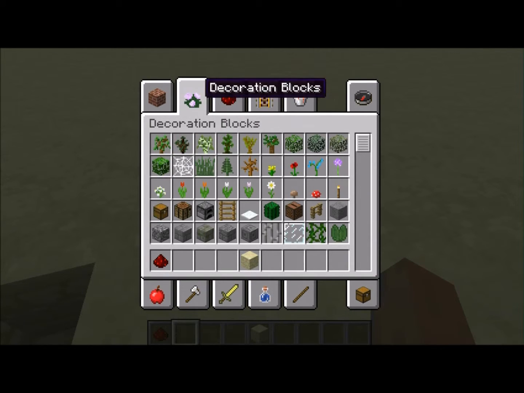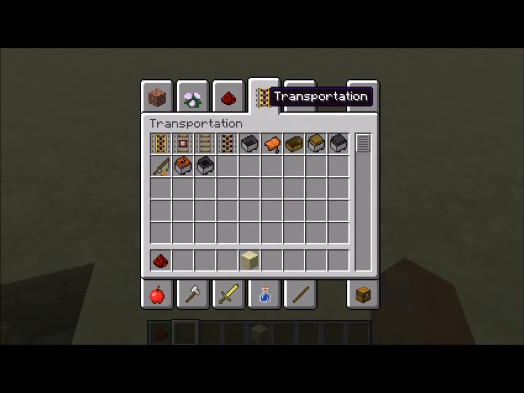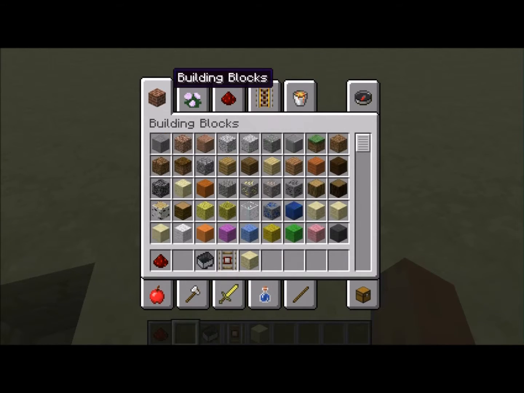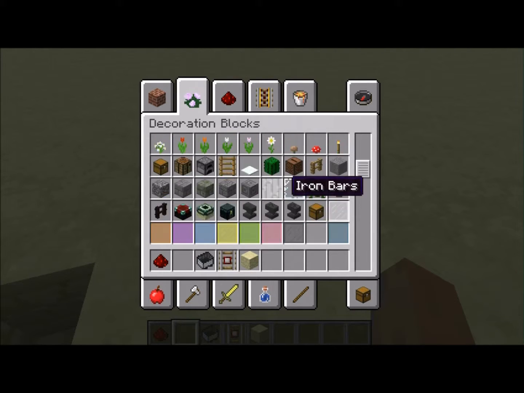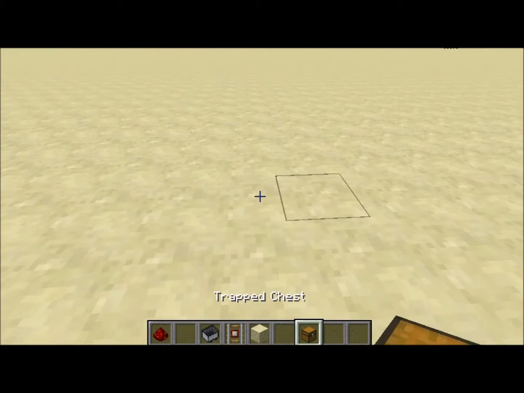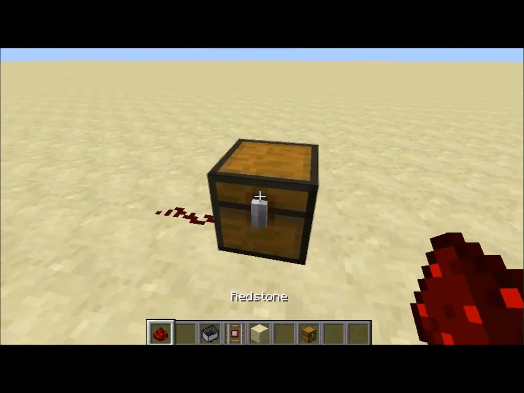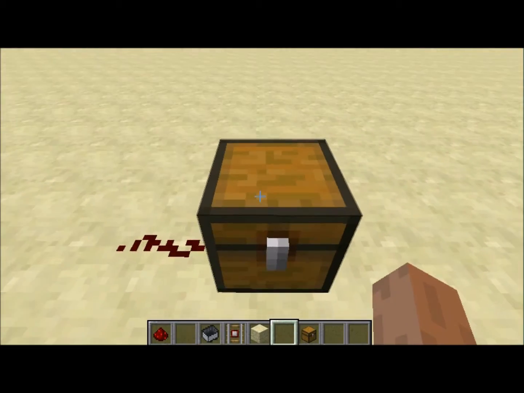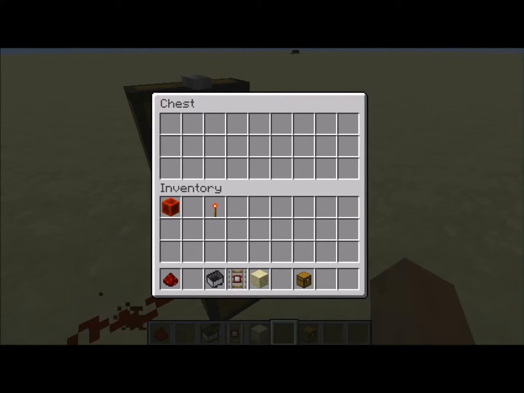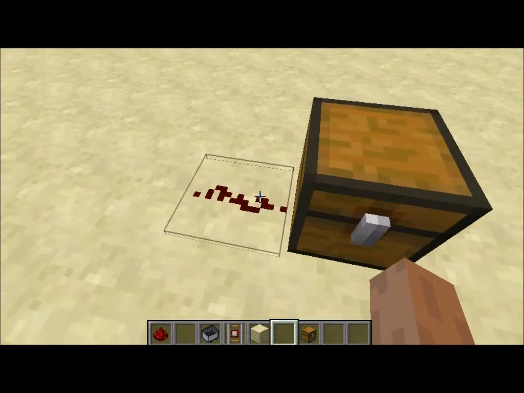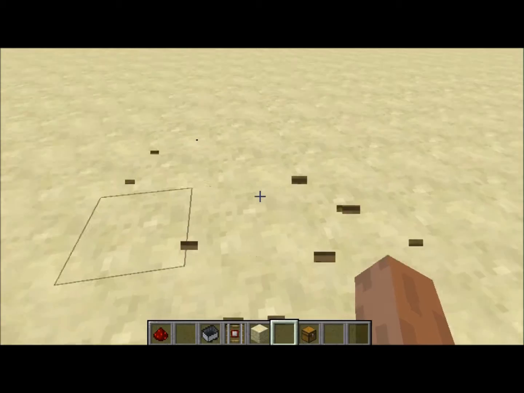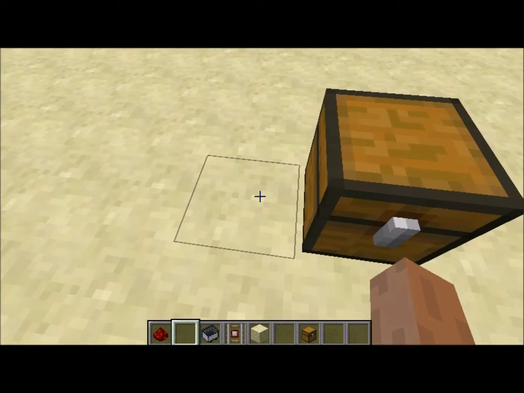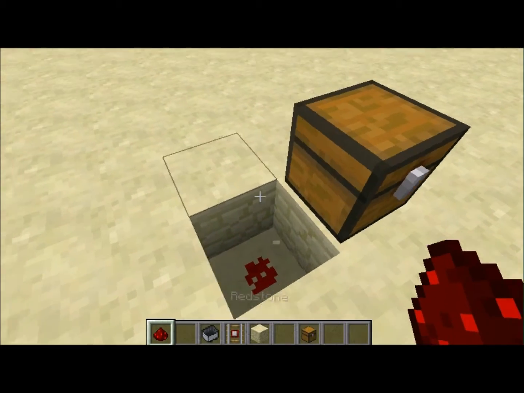input source I'm going to talk about, that's actually two. One of them is the detector rail, and one of them is the trapped chest. A trapped chest looks very similar to a chest, except when you open it, it will emit signal. It will emit signal to the block directly beneath it, and also